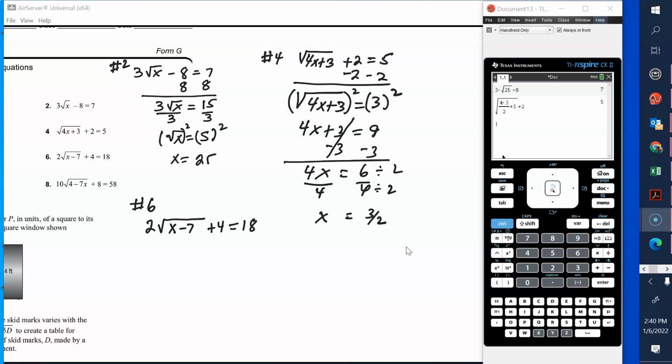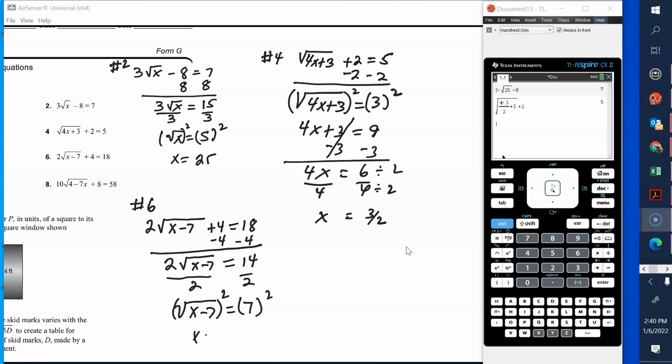Number 6, we're going to subtract 4 from both sides. So we have 2 times the square root of x minus 7 equals 18 minus 4, which is 14. Then we divide by 2. So we have the square root of x minus 7 is equal to 14 divided by 2. So 14 divided by 2 is 7. Then you want to square the left side, square the right side. So you have x minus 7 is equal to 49. So x is equal to